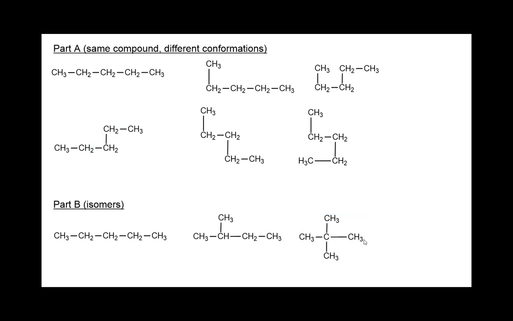That is also different. Let me make this look a little bit nicer if I can. Well, it doesn't want to look any nicer. But if we look, this is definitely different, because here we have a carbon bonded to 4 carbons. It has no hydrogens on it, which is totally different from these over here. And again, if we check, there's 5 carbons and 12 hydrogens on this structure, so it must be an isomer